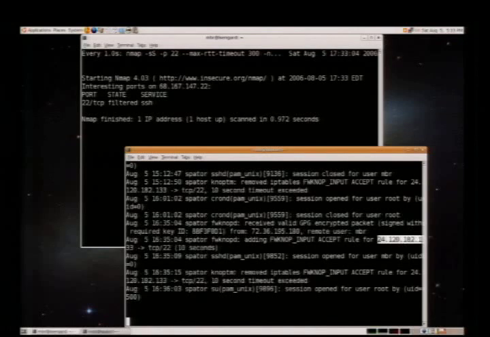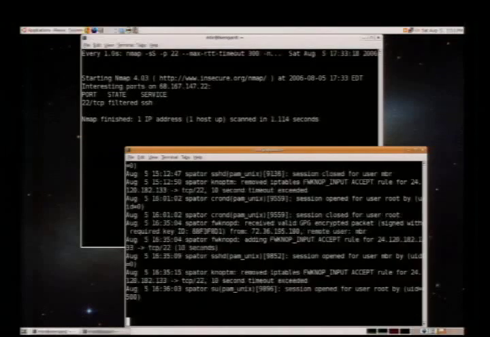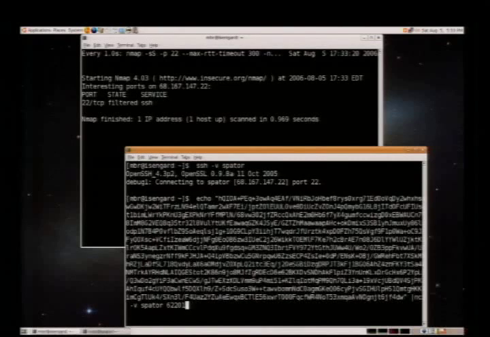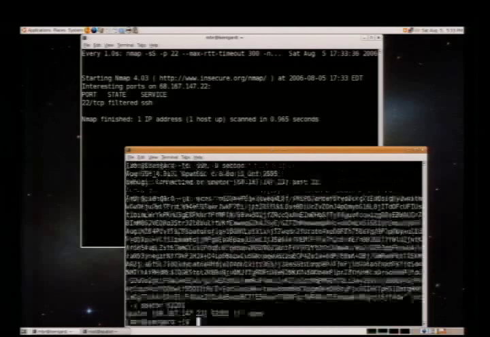And finally, after a 10-second timeout, which is configurable via how you set up your access.conf file, the netfilter input accept rule was removed. Okay, so I saw my packet data there. If I do the same thing and send that packet data across the wire, the port is still filtered.